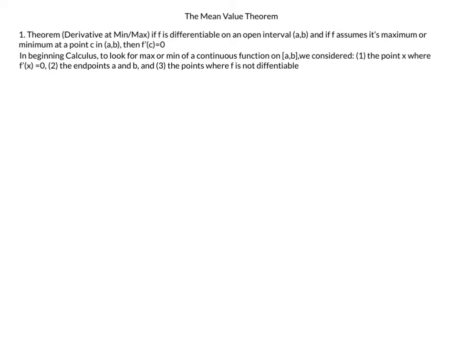Also in beginning calculus, to look for a min or max on a closed interval [a, b], we need to consider 1, the points x where f prime of x is equal to 0, 2, we also have to check the endpoints, and 3, we need to check the points where f is not differentiable. And when you think about it, all 3 cases make sense that you would need to check for min or max, except it's really easy to forget number 2, to check the endpoints, and number 3, where f is not